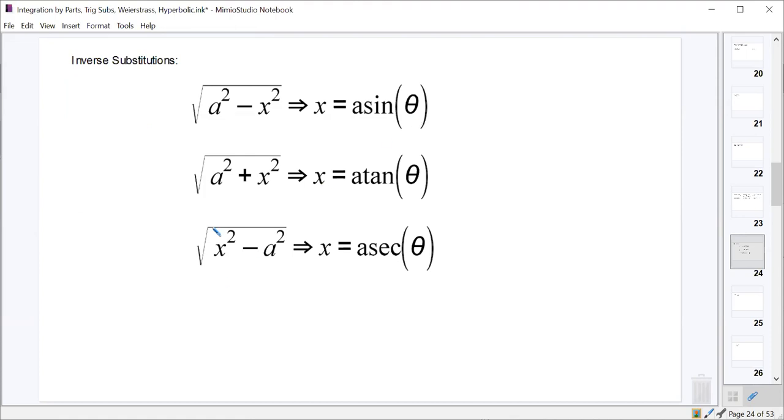So if you have a squared minus x squared, you want x equal to a sine theta. If you have the plus, you want to make it tangent. If you have the minus with the x squared first, you're going to want to make it secant. And so